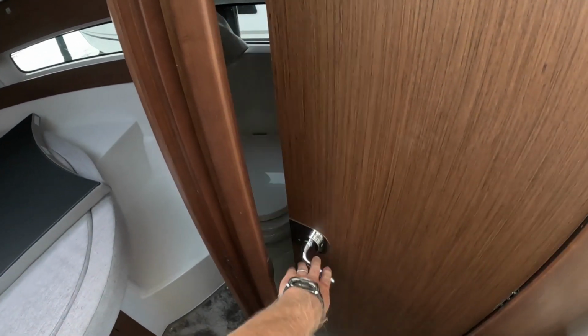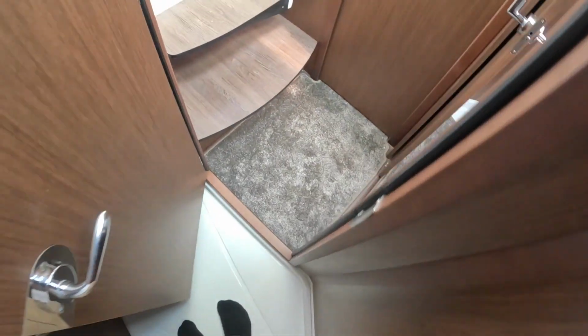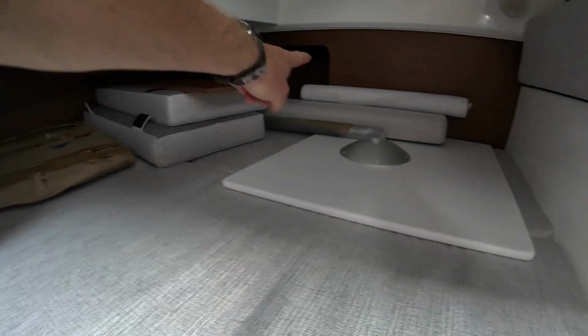Small storage, but here is the annoying thing, because you know, heads in boats are quite small normally, and why? In here, big berth and more storage all the way around. But why,